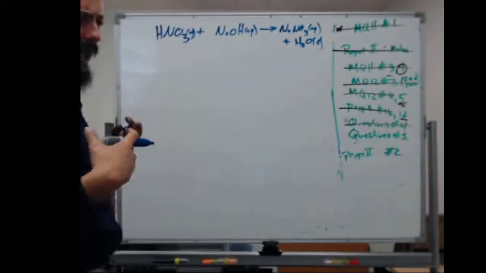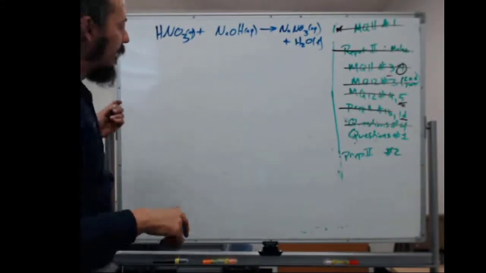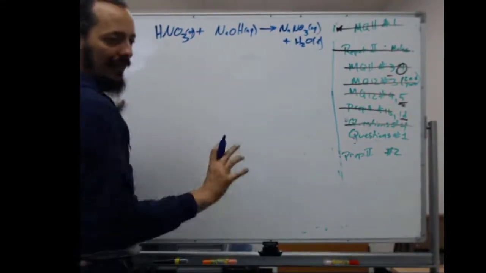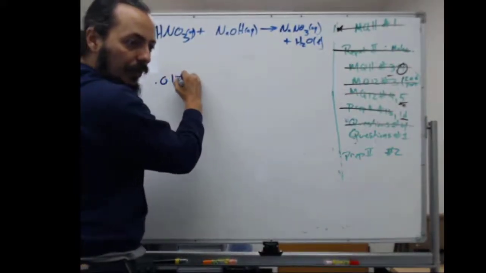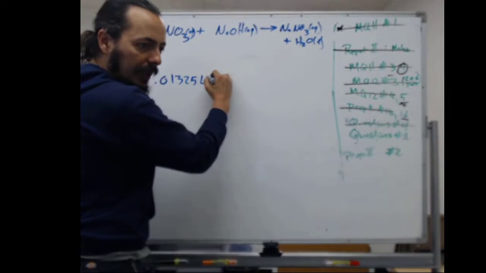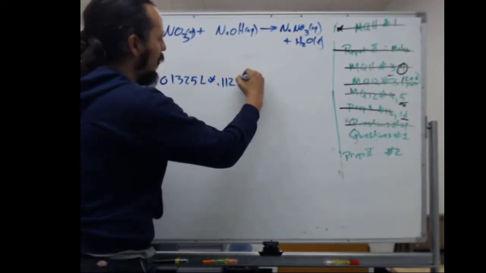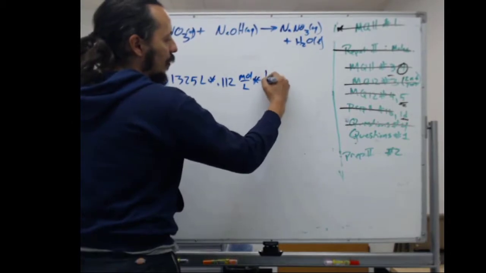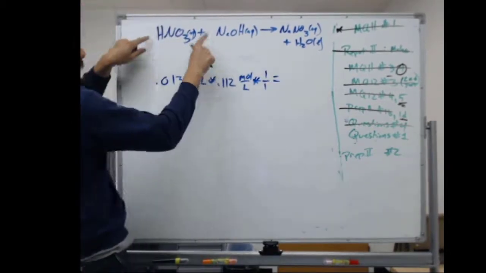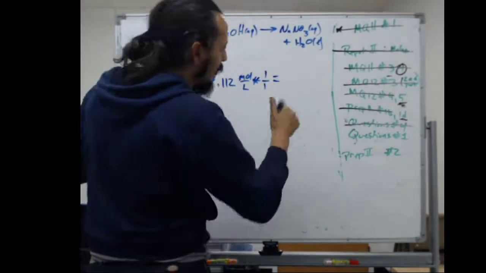And at that point, I can kind of do the rest in my head in terms of the multiple steps. So I'm going to show you how I put it together. I'm going to do 0.01325 liters times 0.112 moles per liter times 1-to-1 mole ratio, is equal to